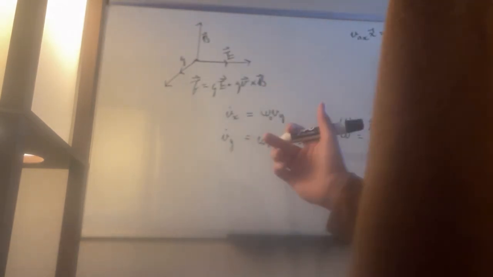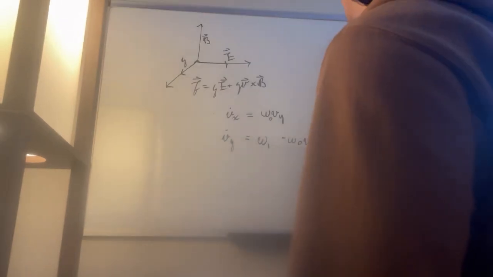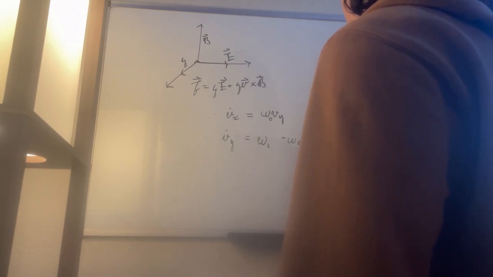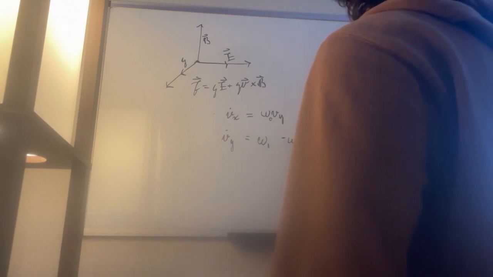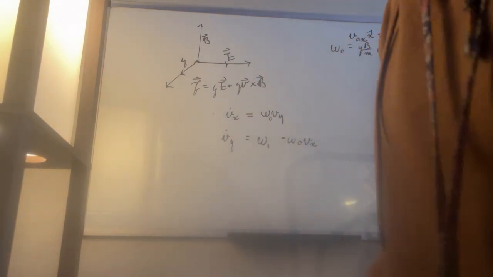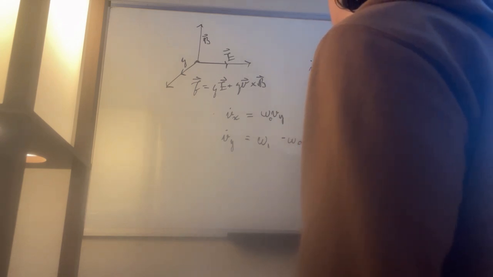So first of all, let me just rewrite this, and then I'm going to rewrite my components. Q B over M. So we have Vx naught equivalent to